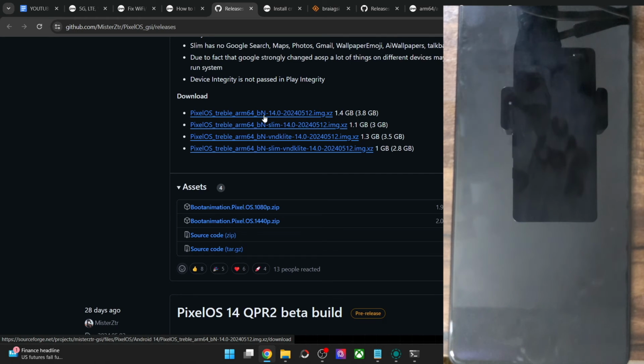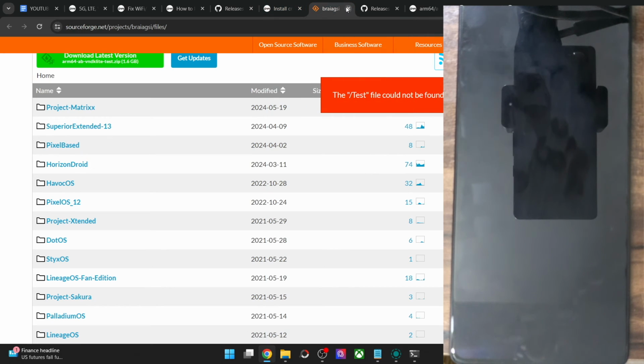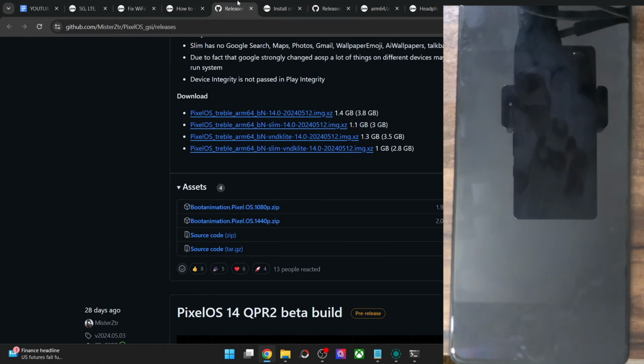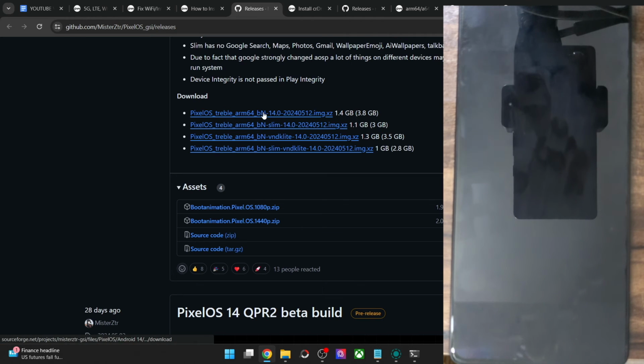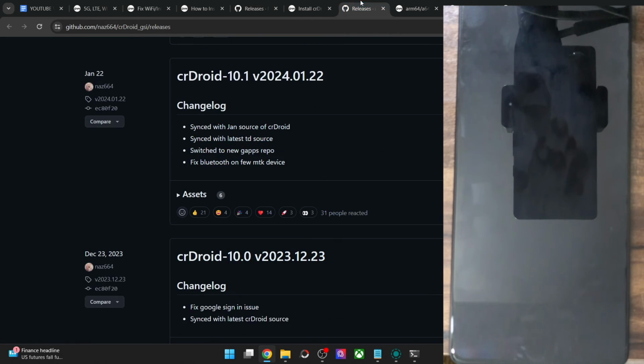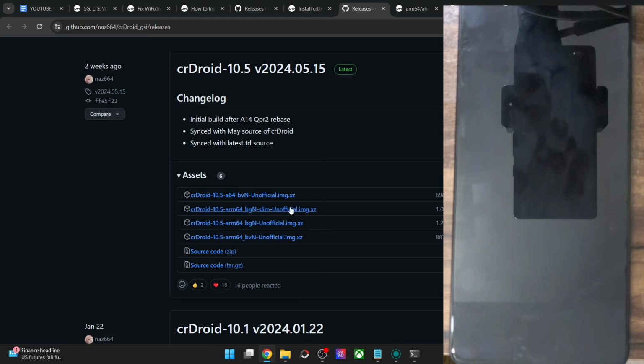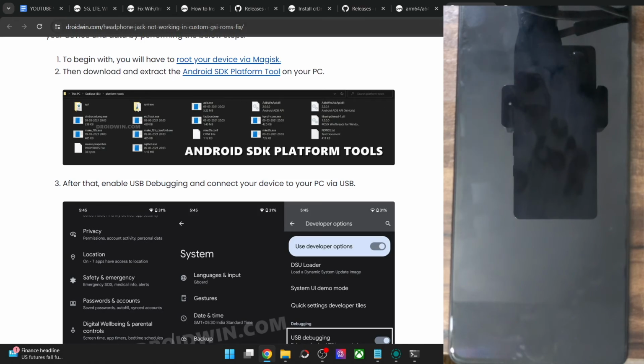So your first course of action is to simply flash the GSI ROM which has obtained root via Magisk. In that case, you will not have to carry out any other task. But as you might have seen, there exist quite a few ROMs on which there is no S build. They all have the N variant. As you could see in this ROM as well, CR as well, all the versions are N, and N stands for no super user. So in that case, you could take a couple of different approaches to root your phone.